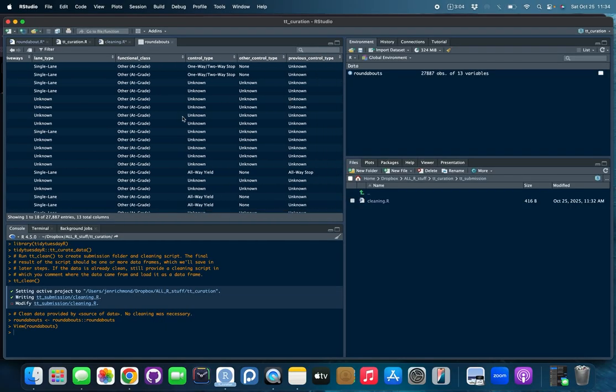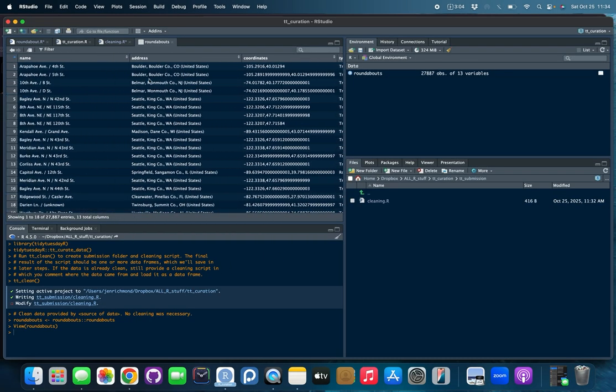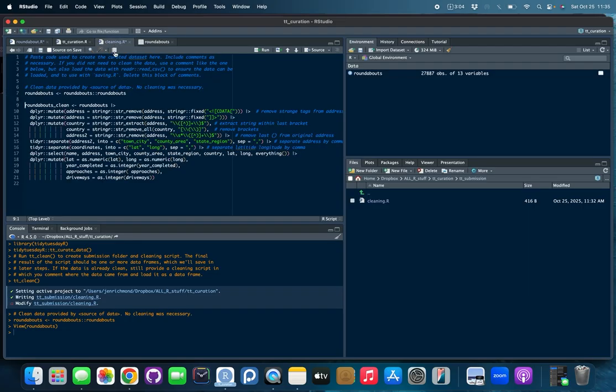Now, when I looked at this data, I thought first that this address column is likely to be more useful to the Tidy Tuesday community if we separate it out into country, state, county, and town, right? Similarly, these coordinates are longitude and latitude coordinates. They would be more useful if they were in separate columns. Right? So what I've done in this cleaning